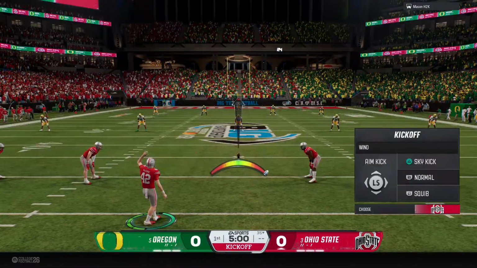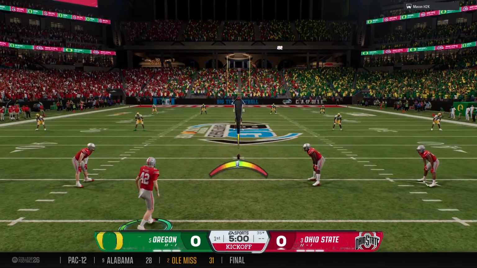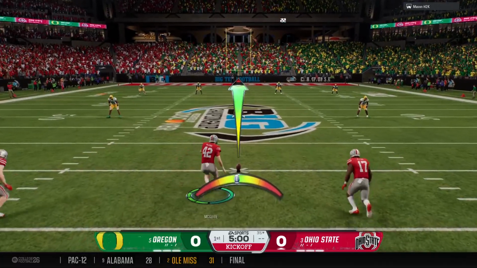Kickoff team out there getting ready, and this is it, the battle for the conference championship trophy.